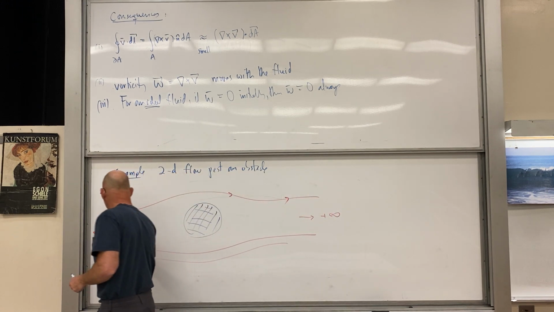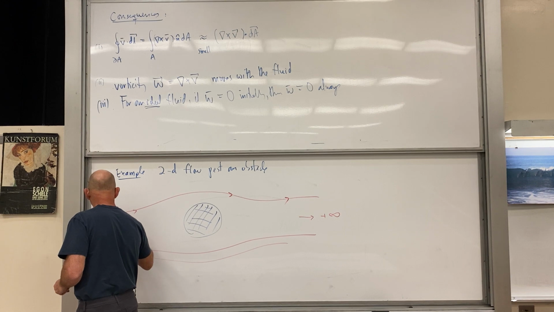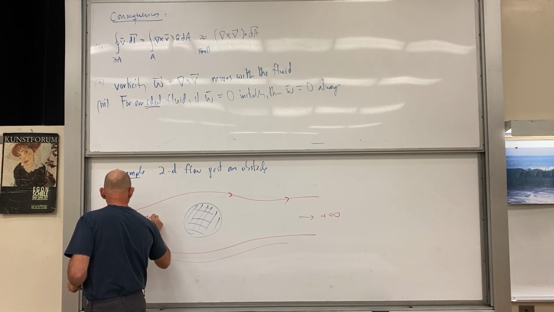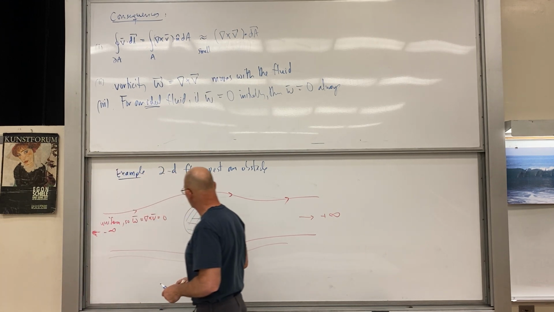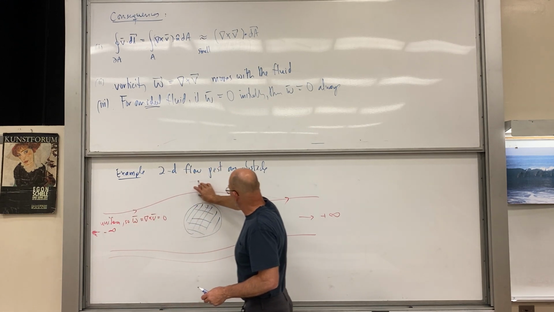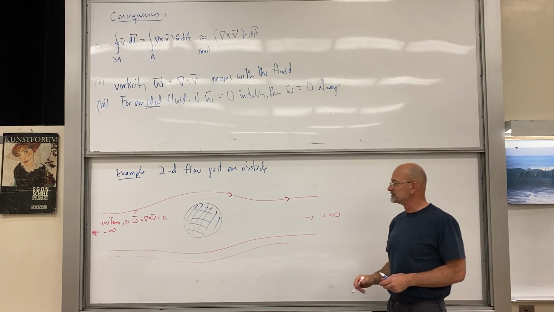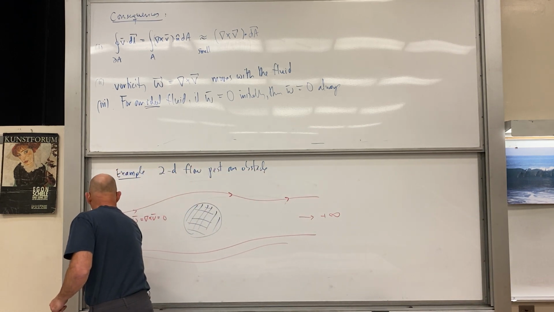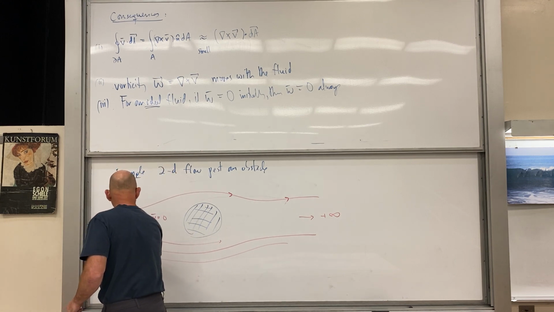So on this right here, uniform, so omega equals curl of V equals 0. That's out in that distance. And then the idea that we just proved is that along this line, streamline here, the vorticity is 0 the whole time. Well, all of these streamlines are going to be the same if you go far enough away to the left, and yet